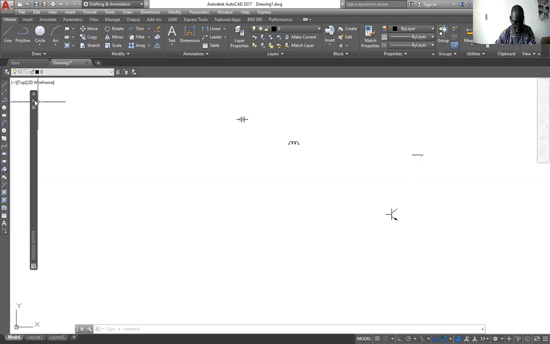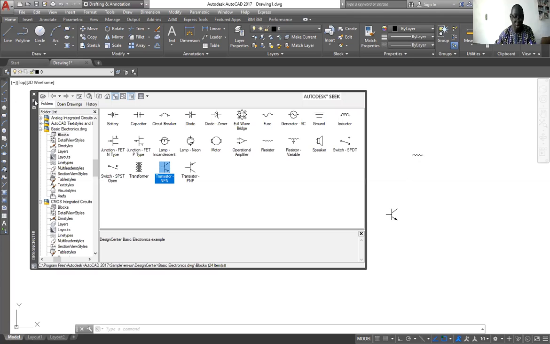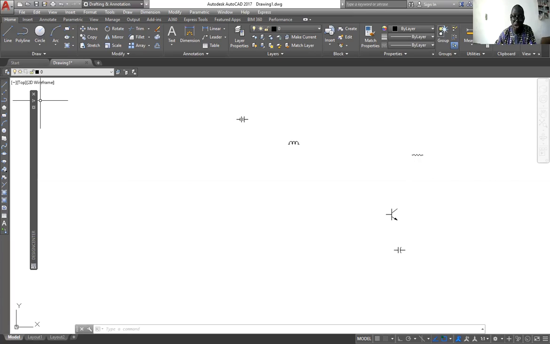Then the next one, we have two capacitors, 82 picofarad. You can pick one capacitor and copy it out, or just now the capacitor I brought out, you can see